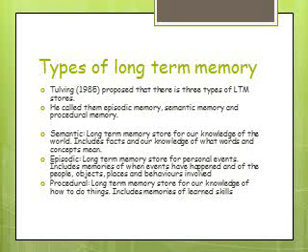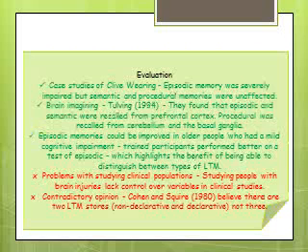So apparently we have 3 types of long-term memory: episodic, semantic and procedural. Semantic is our long-term memory for knowledge of the world, so facts and our knowledge of what words and concepts mean. Episodic relates to memories of our own personal events, episodes within our life, so memories of when events have happened, of the people, objects, places and behaviours that were involved. Procedural is to do with skills that we have learnt, so our knowledge of how to do things.